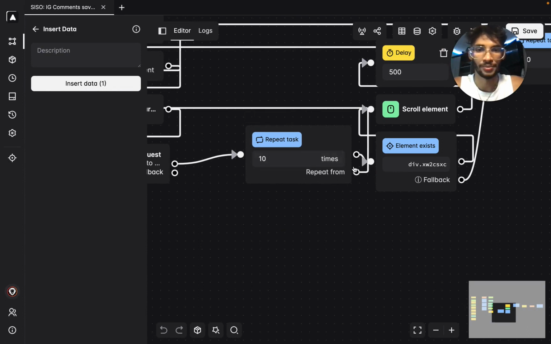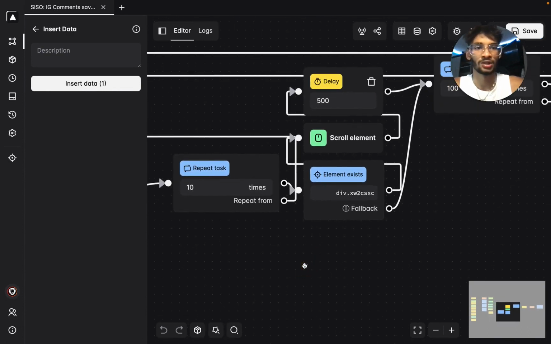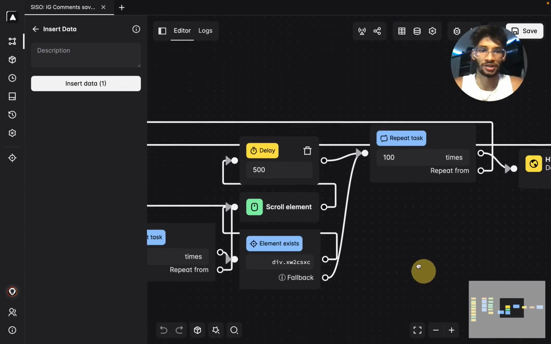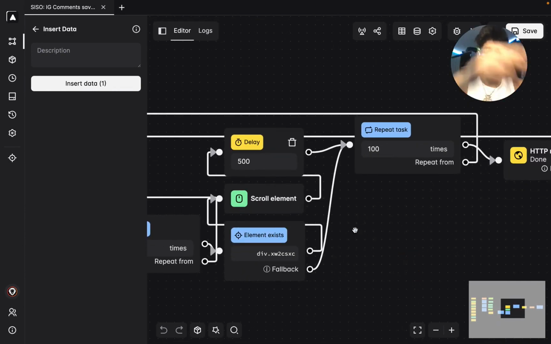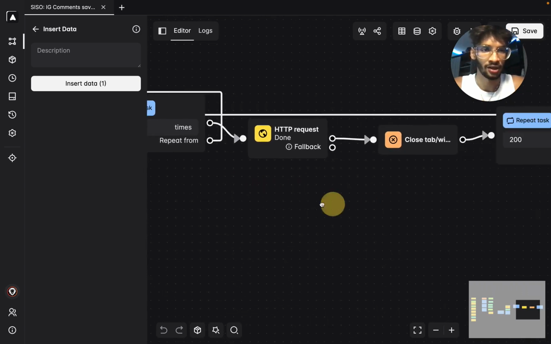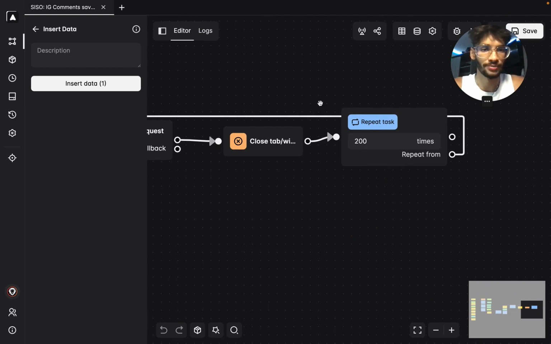It's going to repeat it 10 times before it does the scroll element. And then it scrolls and it's going to go and do it another 10 times. And here you can see that the scroll element has been set to 100. So it's going to scroll 100 times after scraping 1,000 comments. So if the user you're trying to scrape has fewer comments than that, then obviously just change around with these functionalities. And then it's done, and then it closes the tab, and then it goes to repeat it 200 times